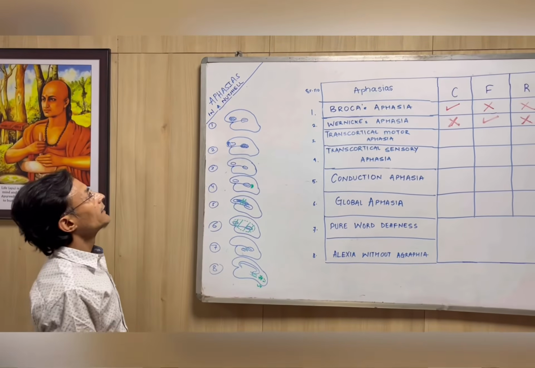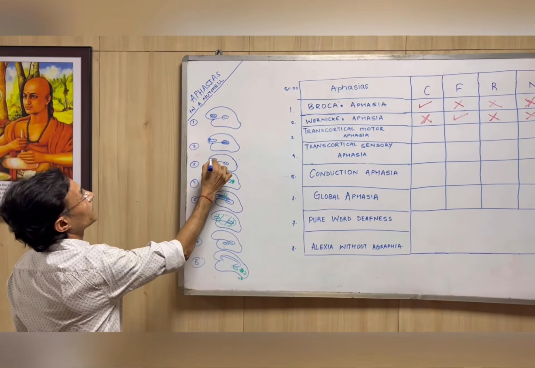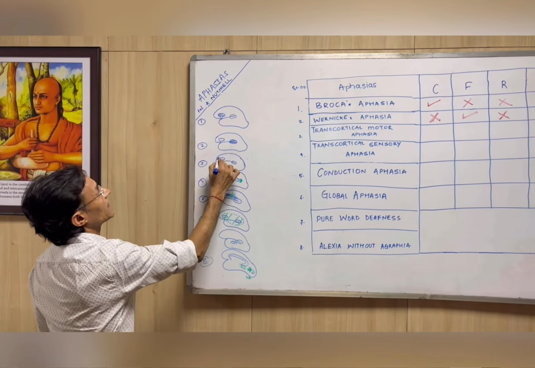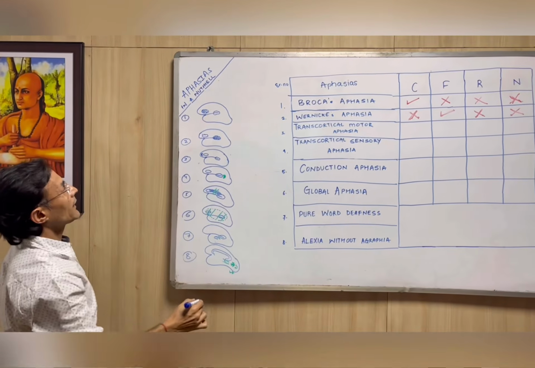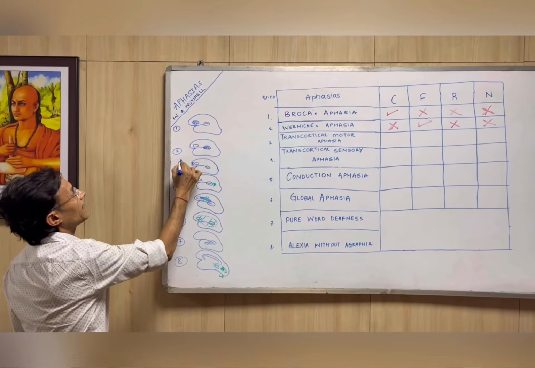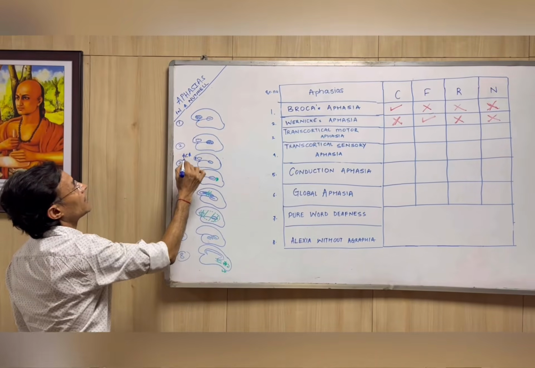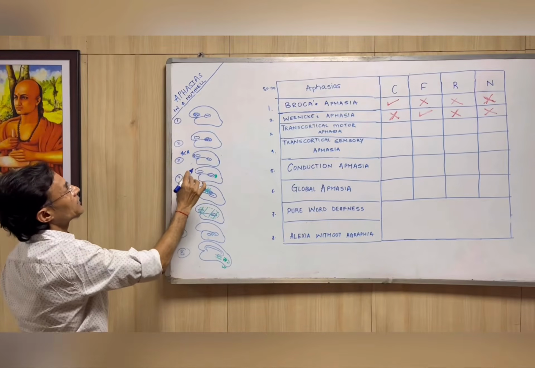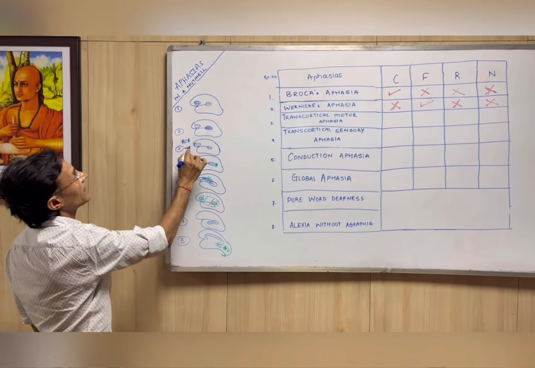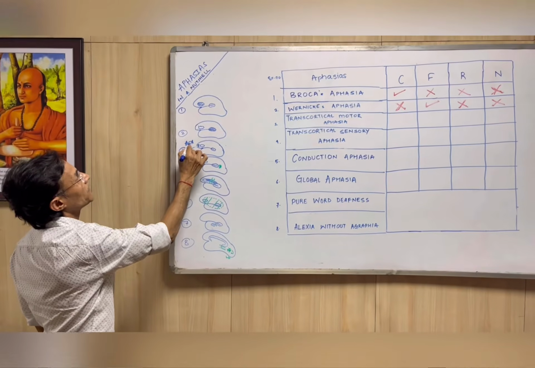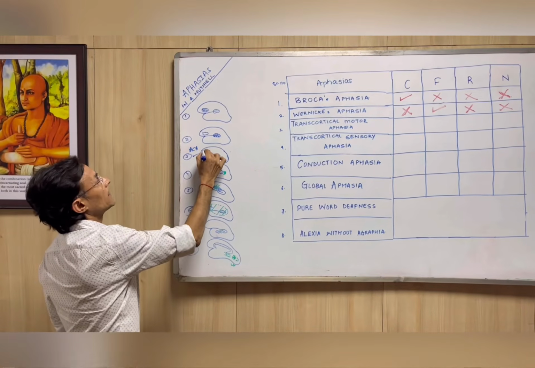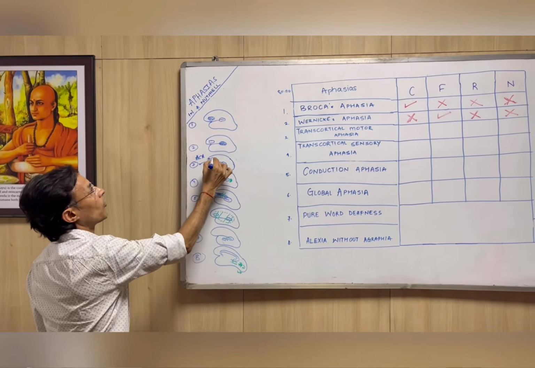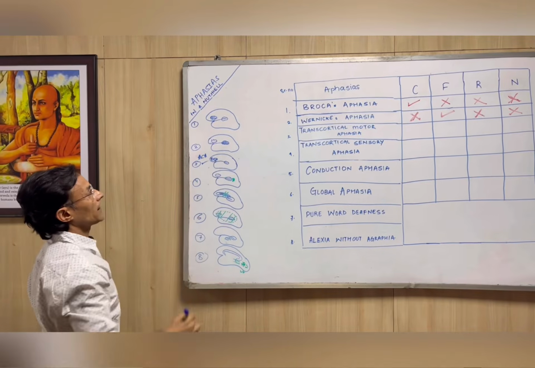And usually, this is the diagram. Usually this is a characteristic aphasia where the lesion is in the anterior cerebral artery. The majority of aphasias are due to involvement of the middle cerebral artery. Here we start with one aphasia which is usually caused by involvement of the anterior cerebral artery, the area in front of the Broca's area. That is why it is called transcortical motor. Broca's is the motor, transcortical motor aphasia.